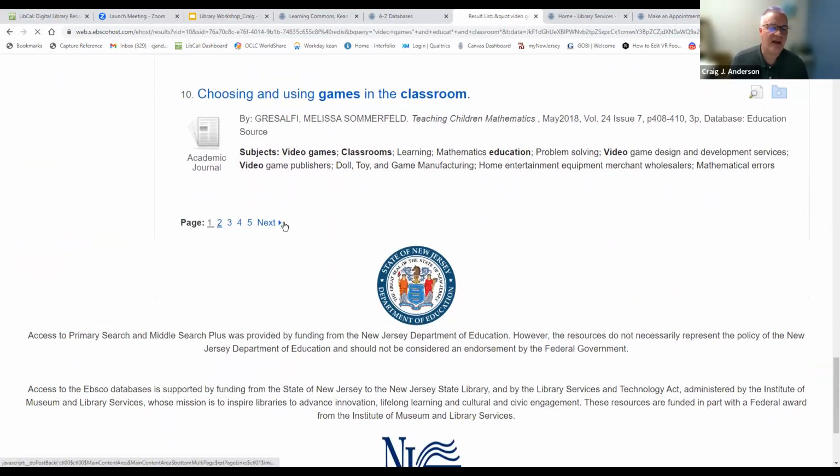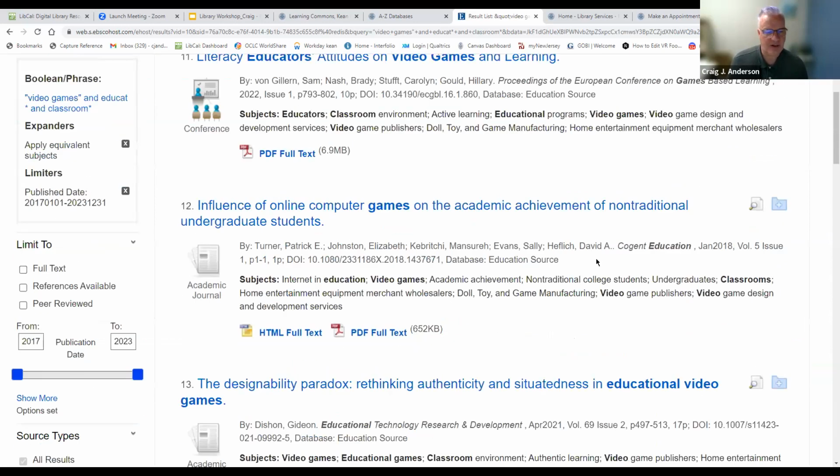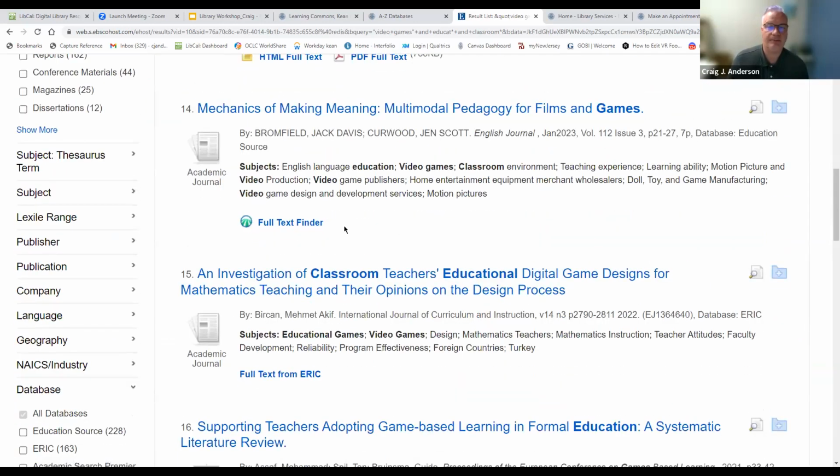Sometimes they'll have another icon that will say full text finder, and I'm looking for that one right now. There's one. So this one has something called the full text finder. Full text finder is designed to find the full text of this article, even though, again, it's not in the database we're looking in.